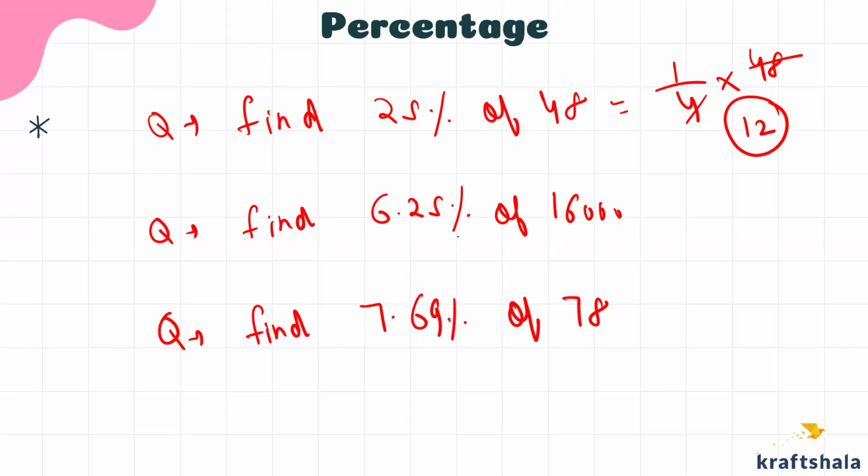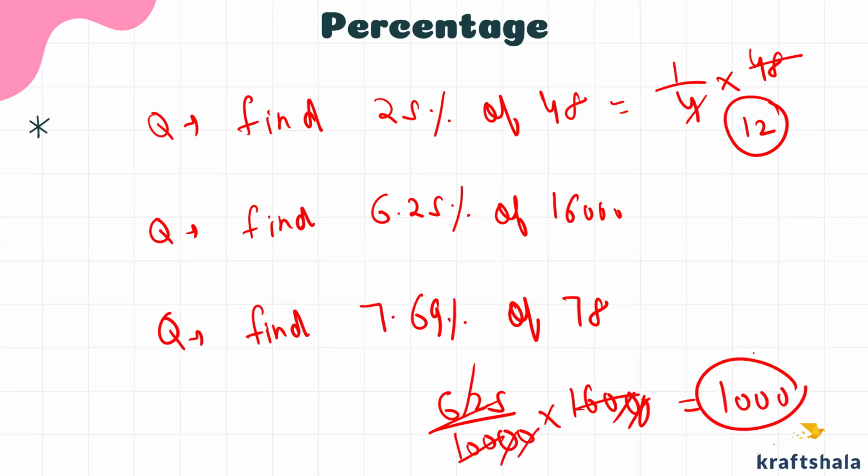When you go to the second question, then 6.25%, most people won't know what the reciprocal equivalent is. So what will they do? Generally people will do like this: remove the decimal from 0.25, add 2 zeros, add 2 more zeros for percentage. Then they will cancel these things, cancel by 5, this, that, 25 and all. They will get the answer, but took more time than the first one. Isn't it?